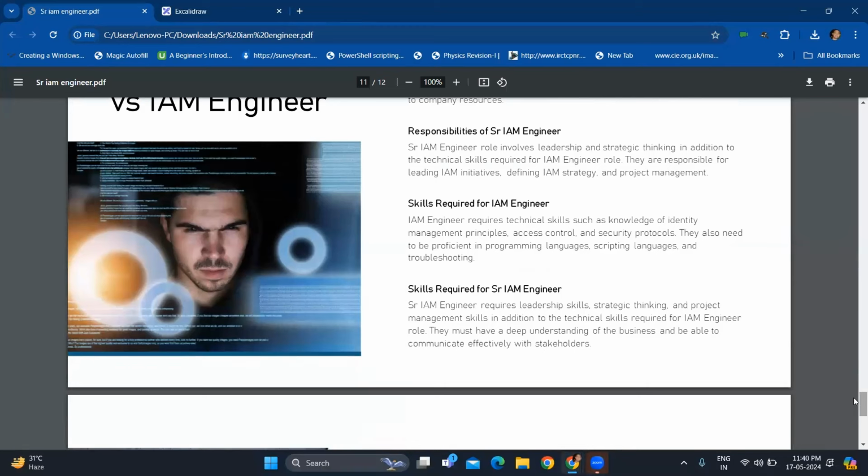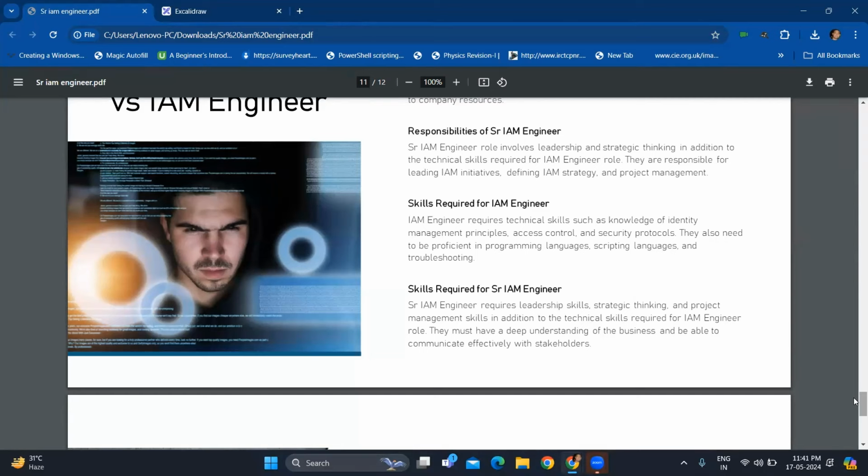Both of them require technical skill, knowledge of IAM principles, controls, security, all of this, right? Sometimes programming, but the skill required of a senior IAM engineer is that you should at least know how programming works, how scripting languages work, and again make this your roadmap. Okay, I'm not saying do everything in 1 year. Take 1 whole year just to learn development, understanding the basics of development. Another year just learn scripting. Okay. So if you are starting at 5, 6, 8 years of experience, by the time you reach 13 years of experience, you will be the best senior IAM consultant, senior IAM engineer.